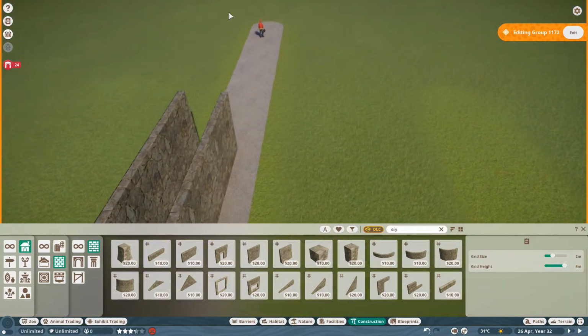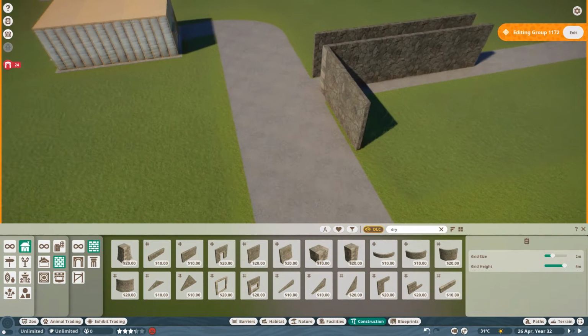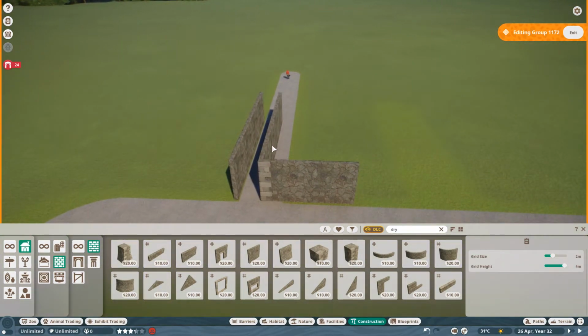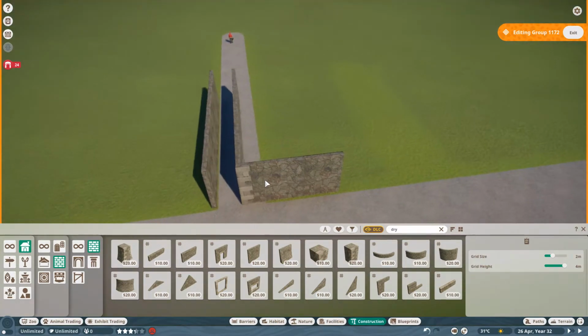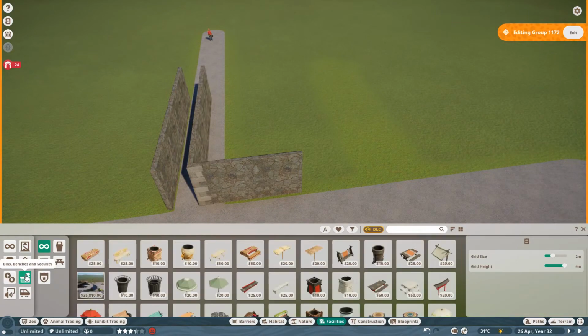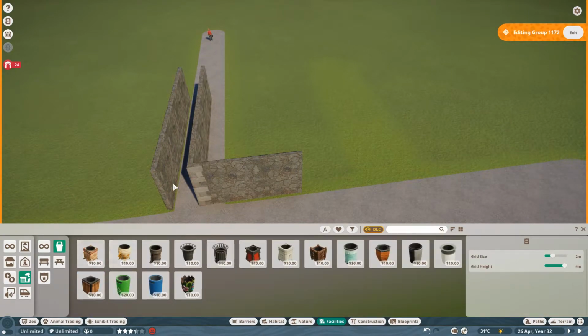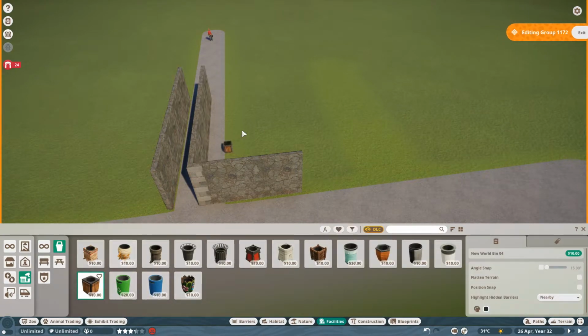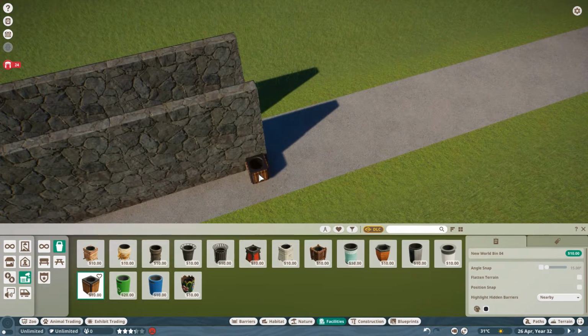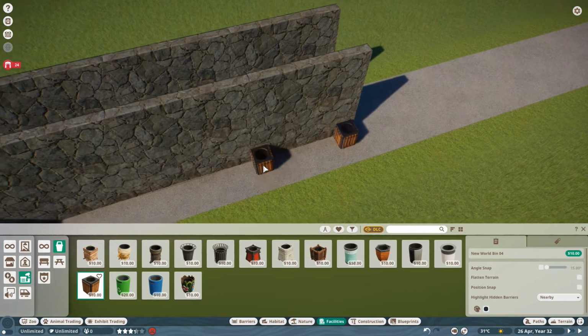Right, so what happens if this guy wants to get to his restroom? What he's going to do is he'll walk down the middle of the path, and he'll actually walk through the scenery, and we don't want that. So there's a way of stopping that, and what you do is you need a rubbish bin, because big bins, for some reason, people will not walk through them. All right, so if we place some bins here,